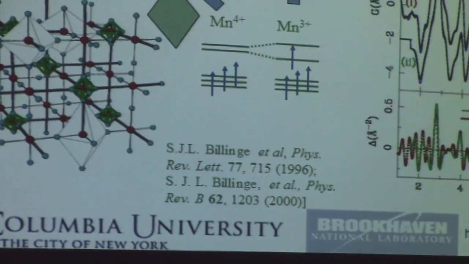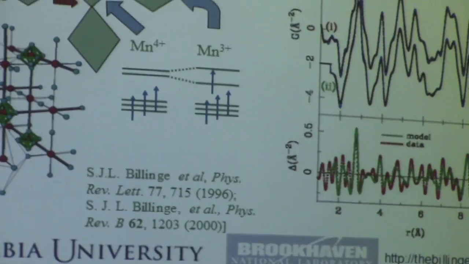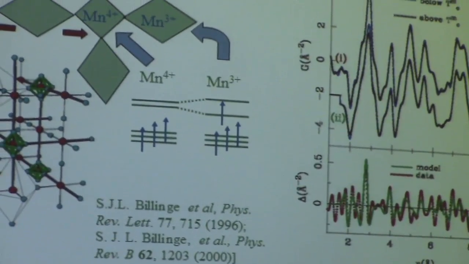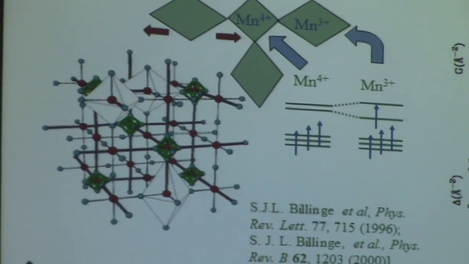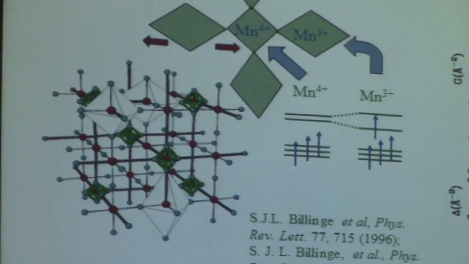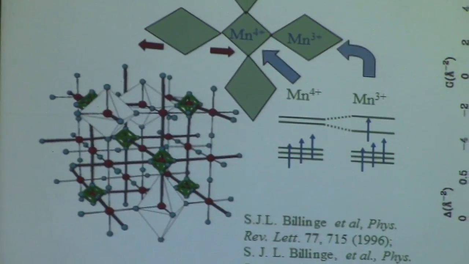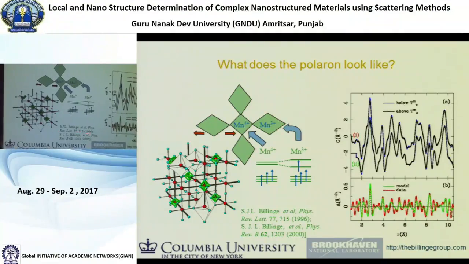It was the first really direct evidence. People had hypothesized this, but this was the first direct evidence that it was happening. And this paper has 467 citations now. It's a very highly cited paper. So it's very important for understanding these CMR manganites, but it was also very important for PDF because before this